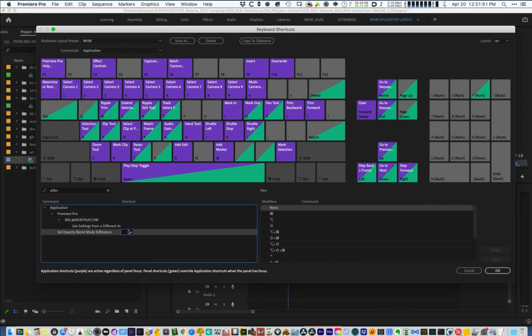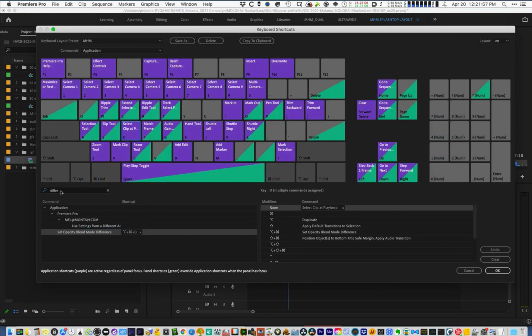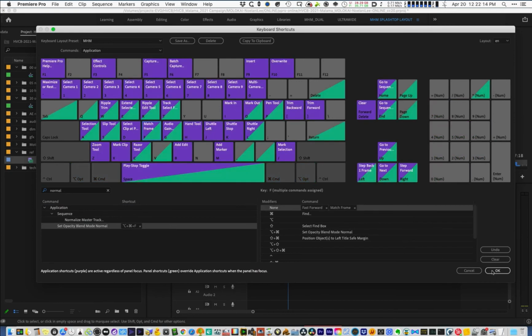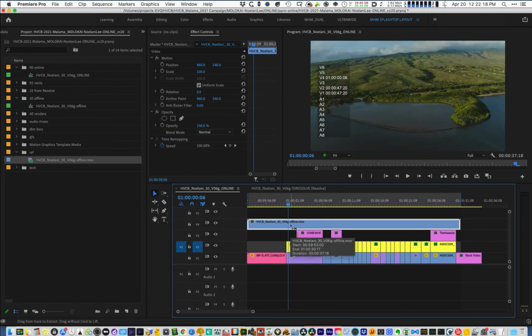So let's just map it to Command Option D, and then type the word normal, and also map a shortcut for normal. So Command Option, well, looks like N is taken. So we'll just do whatever's next to it. This is obviously to your preference, but just for the sake of this video, I'll do it next to each other. That way you can go Command Option F, it switches the blend mode to normal, and then Command